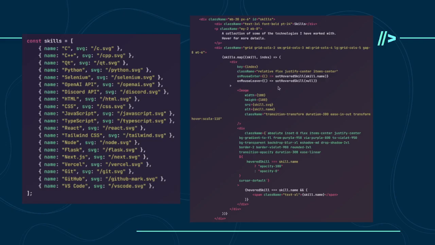Imagine, that's a good example. So imagine all of my skills, right? Instead of hovering over them to display their name, I want to click them. So I want to click each of them to show it and leave it there. It's a toggle. I don't want it to go away when I hover my mouse.